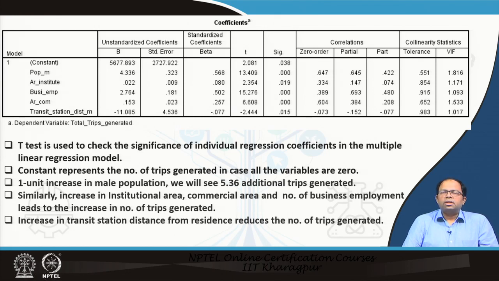That is understandable. That means, the farther away the transit station is, the lower the chances of trips generated. So, the findings also match the theoretical underpinnings of the model, and that means all the signs are as they should be. So, that is also a final check that we need to do, that all the signs are proper, and then we can say this is a valid model.